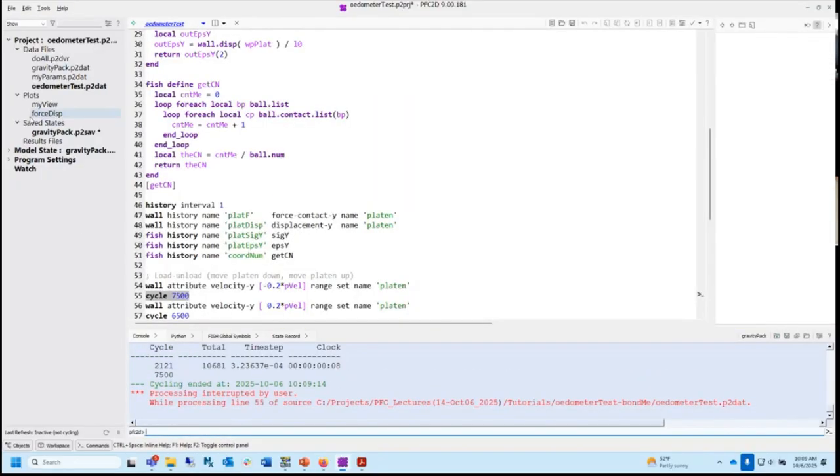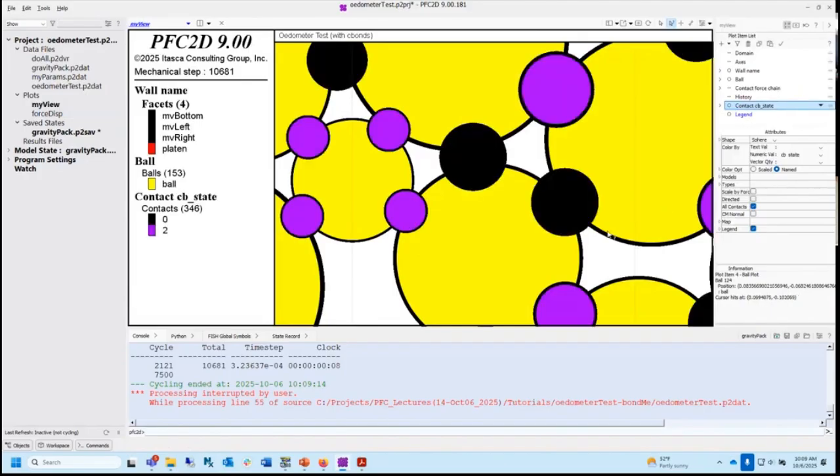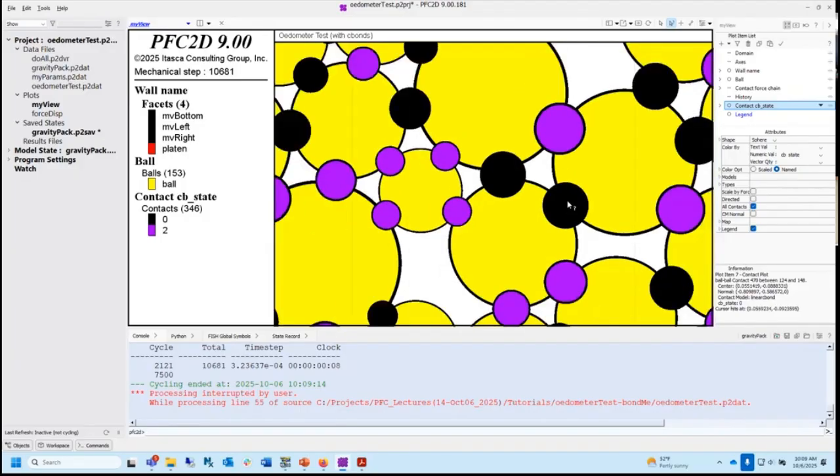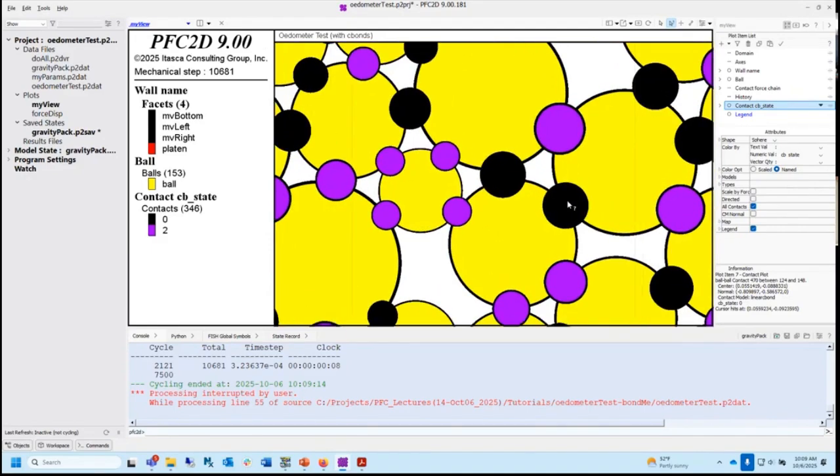Now let's look at that guy. Let's look at the state. Now, this guy's 0, unbonded. But now he's there because he's active because they went into contact. Okay. Guys with me? Okay, yes.